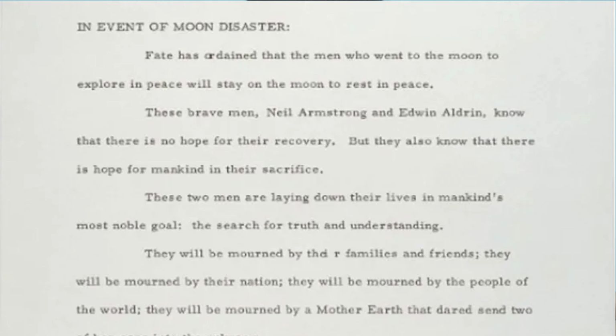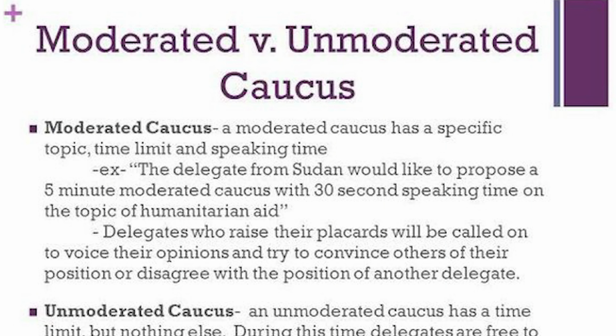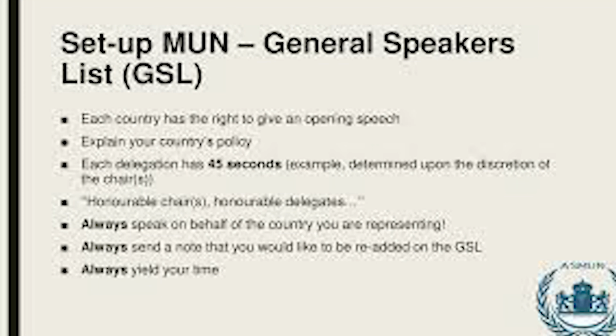How many types of speeches are there? There are 2 types of speeches. One is the moderated caucus or the mods, and the second one is the general speakers list or the GSL. The GSL, as the name suggests, is just a general speech on the agenda, and make sure you wind this speech up in 75 to 80 seconds, because after the 90-second mark, anything you say won't be considered. You won't be marked upon that. So please make sure to wind up your speech by 75 to 80 seconds.